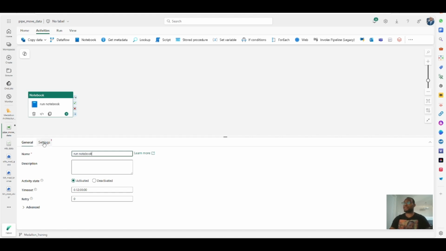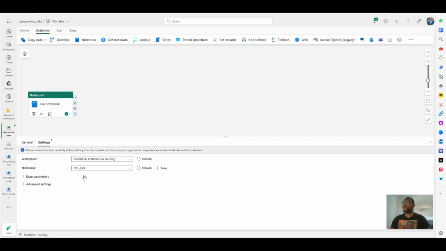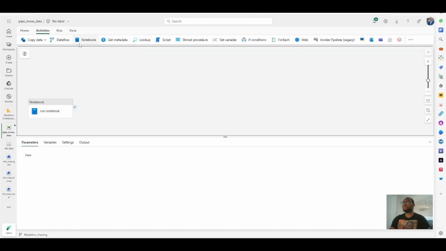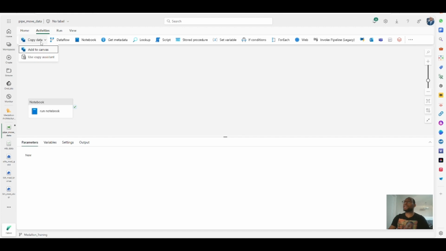So here, my notebook, run notebook. Just giving it a name, really. That's just it. And where's my notebook? This is my notebook. I don't have anything here. So I'm just going to save this. That's what I want to run, this notebook. And once this notebook is finished running, the next thing I want to do is to take the data from my silver, from the delta tables. I want to push the delta tables into the gold layer. So I'm just going to use a copy activity here,